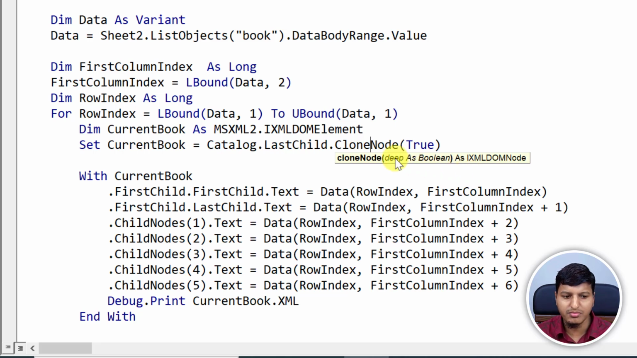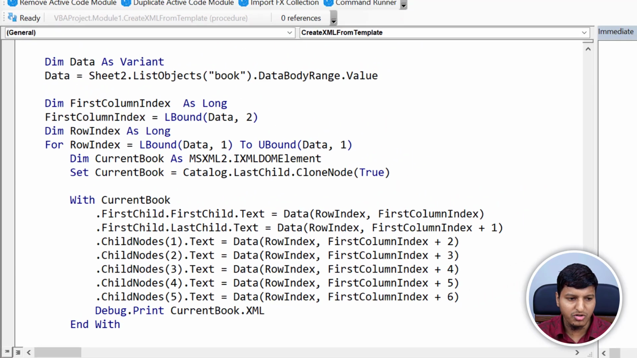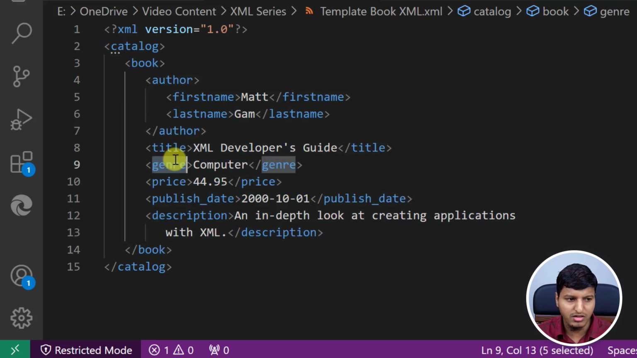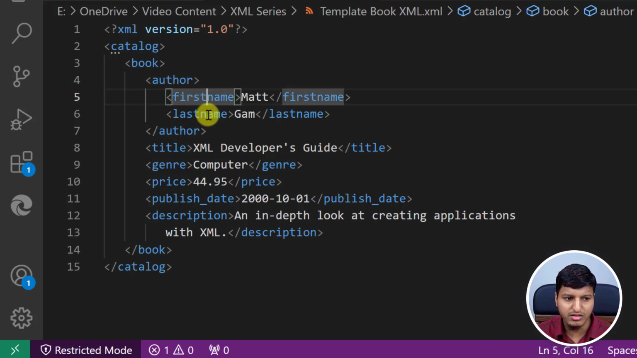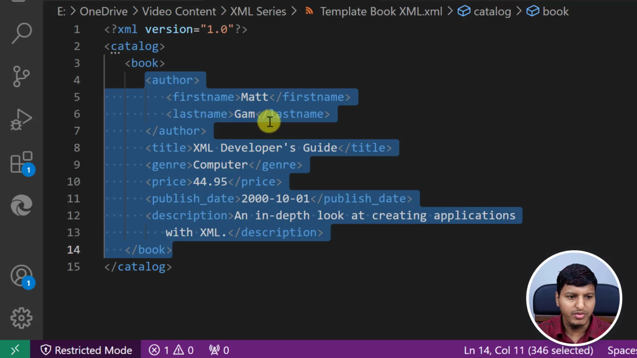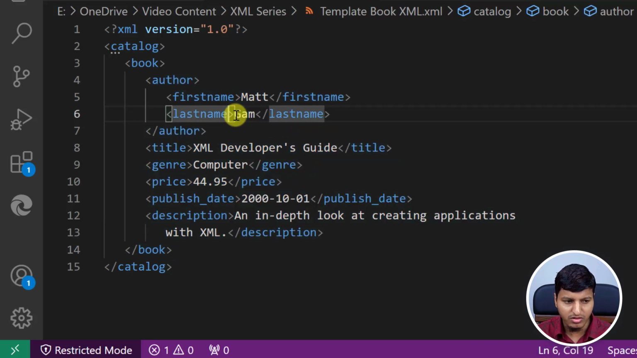And the deep parameter means whether it's going to clone all the nested elements of that node or not. Let's say for this book, this is our descendant child, the first generation of this book. But for this author, the first name or last name is actually a nested structure. So if we say deep equals true, then it's going to clone the whole structure with the nesting. But if deep equals false,